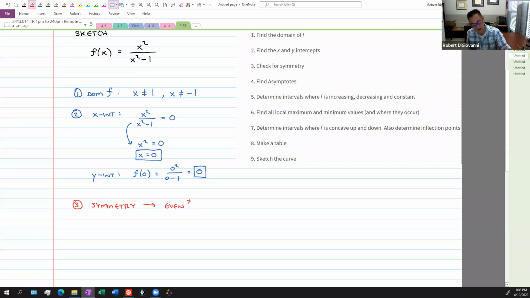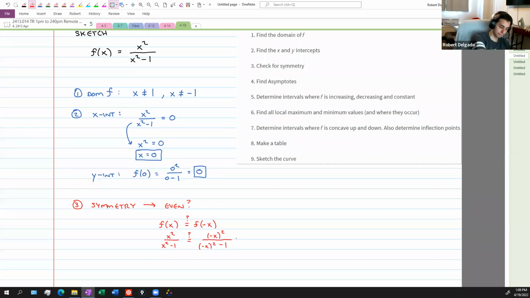So is this an even function? Well, what that means is if I plug x in, do I get the same thing I get when I plug in negative x? Well, let's try. If we plug in x, we get x squared over x squared minus 1. The question is, does that equal what we get if we plug in negative x into the function? You tell me, is that the same thing? If we're squaring negative x, wouldn't it just become x squared? So these are in fact the same, because this negative x squared